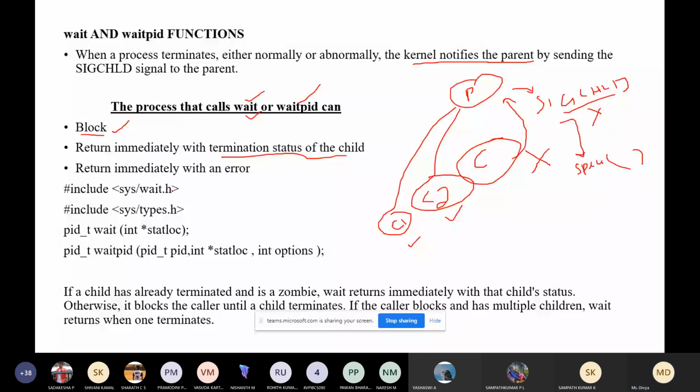It can also return immediately with an error, so it can request an error message explaining why the child has terminated.